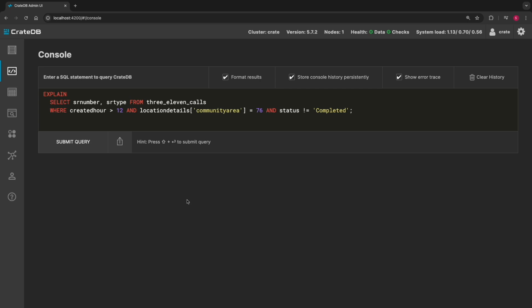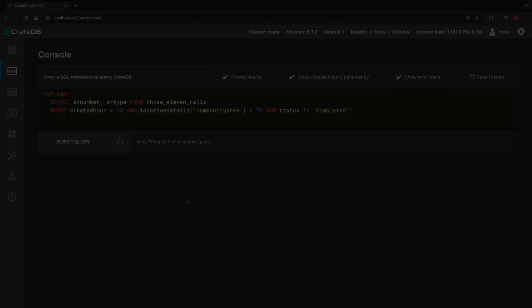Another tool that's available to you when monitoring the performance of your CrateDB cluster is